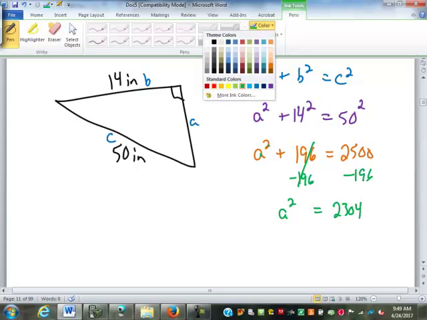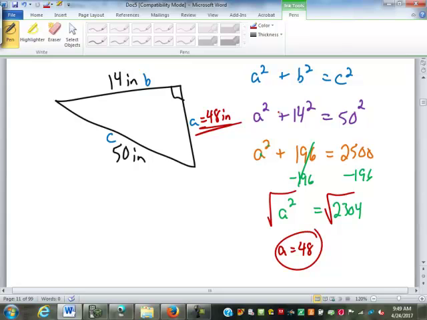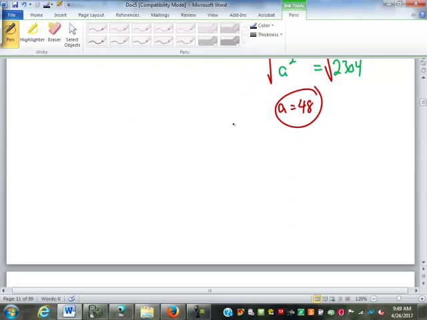And then square root it. A equals 48. So you can find a missing leg. So in your notes,